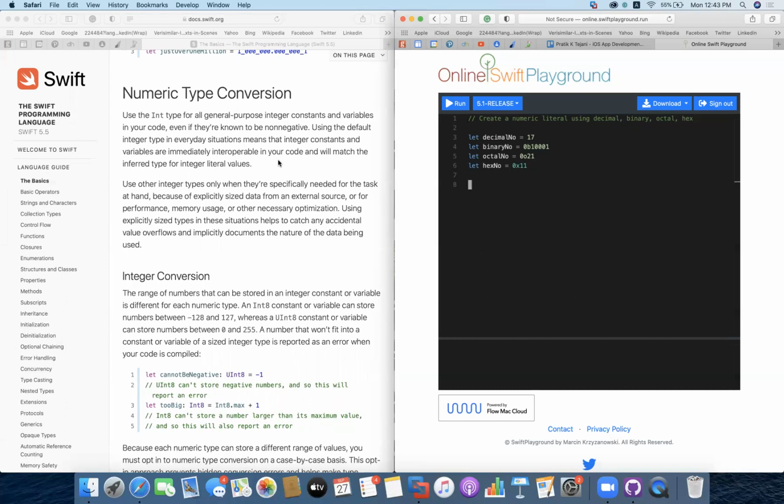But there are other integer types when they are specifically needed for the task, because of explicitly sized data from an external source, or for performance, memory usage, or other necessary optimization. A lot of times we use explicitly sized integer types in specific situations, and it helps us catch accidental overflows.